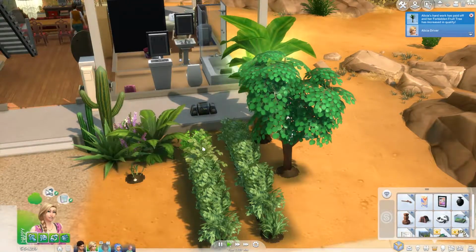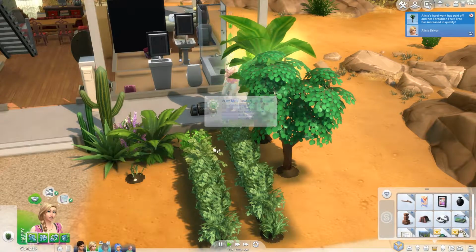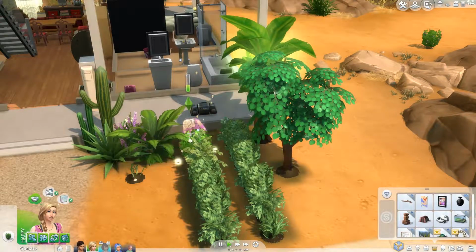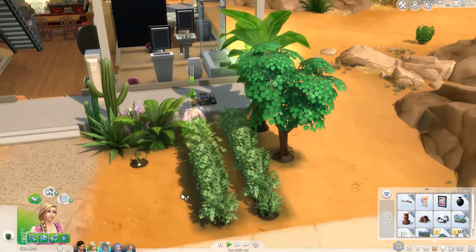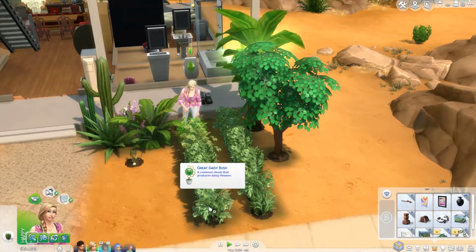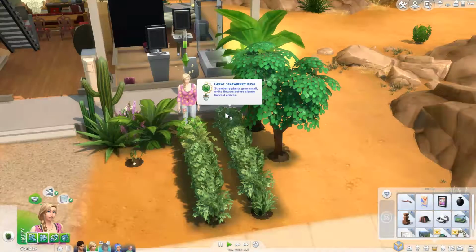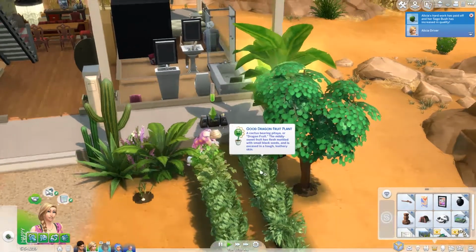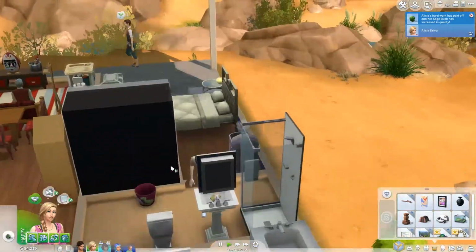A cowberry, well, a plant that has cowberry plants coming off of it, because you have to graft the dragon fruit onto a snapdragon. Or vice versa. It doesn't really matter which way you do it to be able to get that. So that's not going to be an option. So we have a great daisy bush and a great strawberry bush and a very nice dragon fruit and oh,